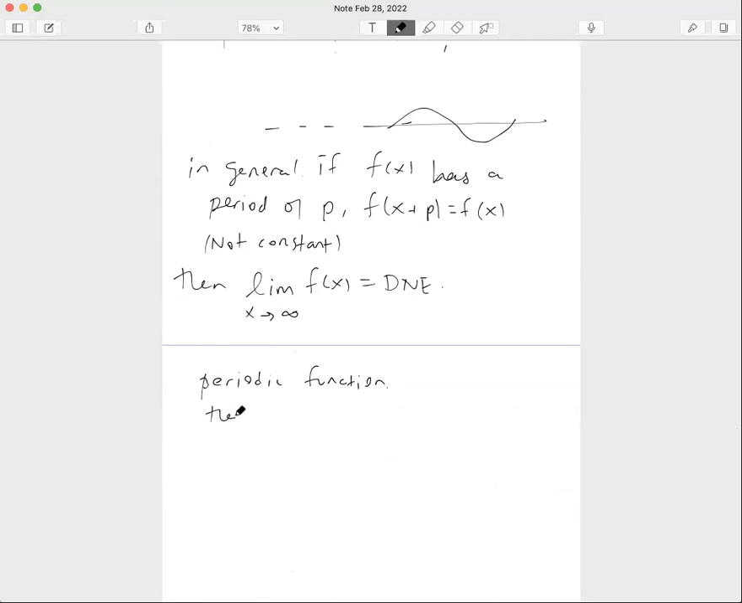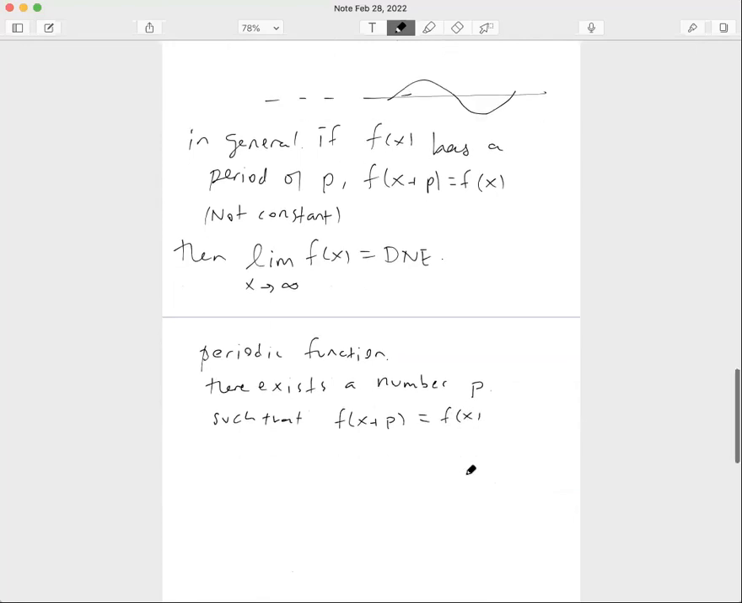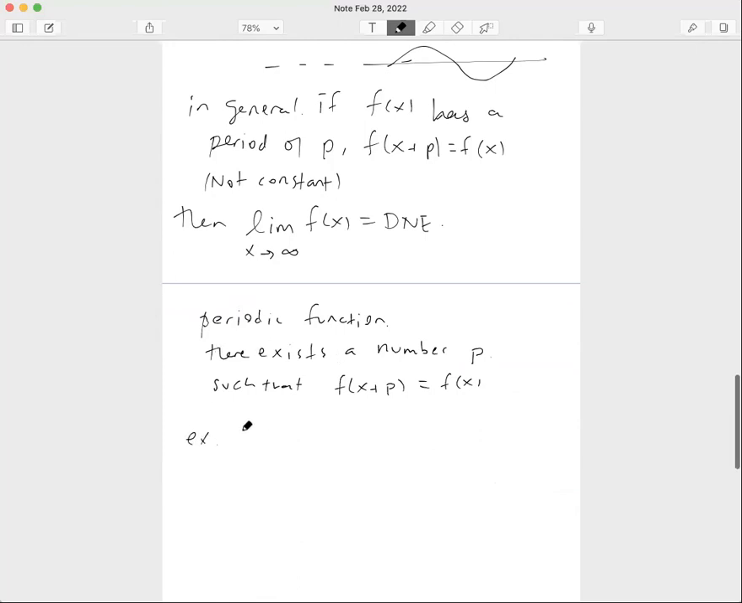So there exists a number p such that if you add that number to x, it doesn't change. So for example, sine is 2 pi periodic. Since sine of, if you look at any value of x, and then you add the angle 2 pi, it